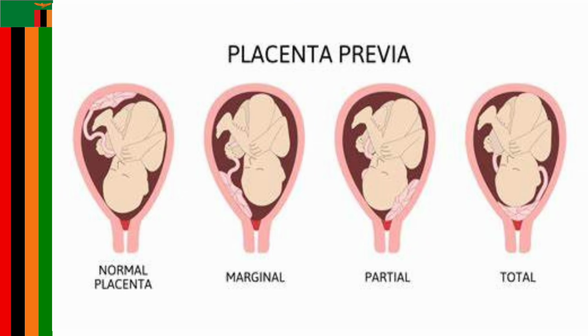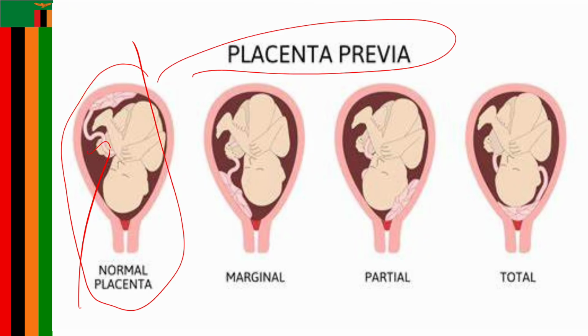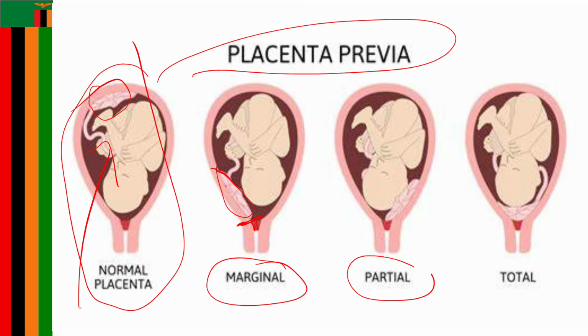So this is placenta previa that I was talking about, meaning that the placenta, the normal is that the placenta should be at least implanted on the fundal height of the uterus. But in placenta previa, we have the marginal one, meaning that it is closer to the cervix but not on the cervix. Then we have the partial one, where part of the placental maternal site is on the cervix. Then we have the total one, where the entire maternal site is on the cervix, and this area has to stretch when labor starts.